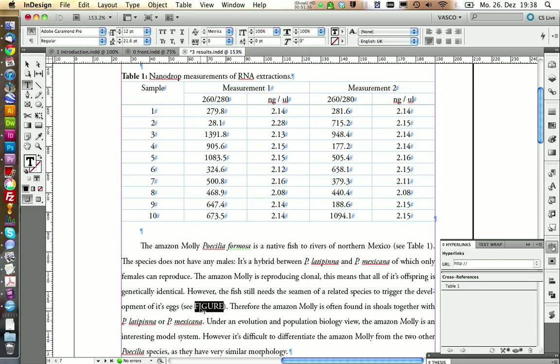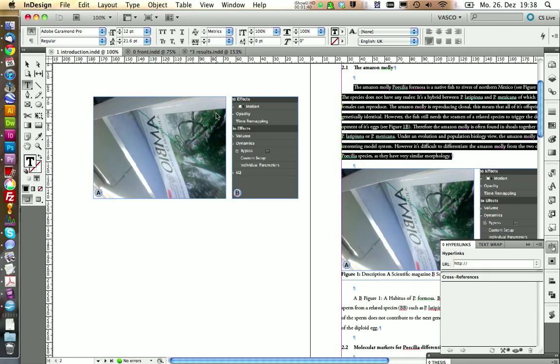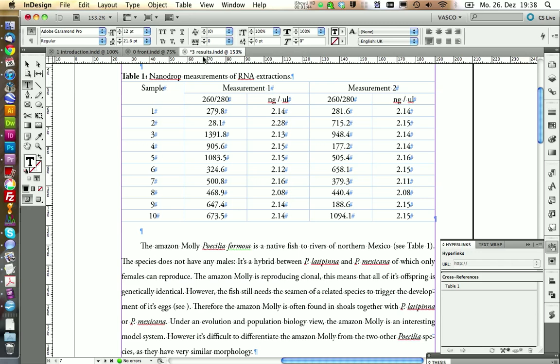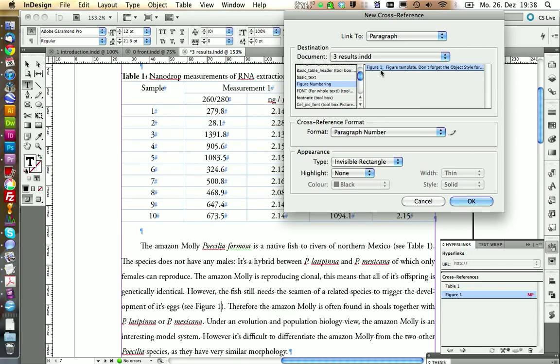Then, if you want to link to our figure, it's important to realize that our figure was placed in the introduction. And if you want to link from the chapter 3, our results, to a picture that is in the introduction, both the introduction and the results need to be opened, so we can create this cross-reference. We select in here the figure numbering, and we link to our figure 1, and we only include the paragraph number.